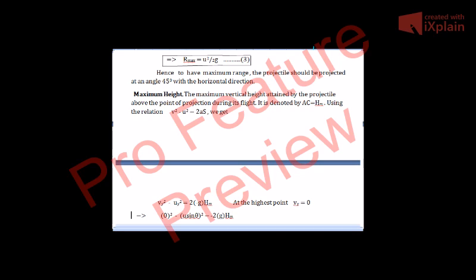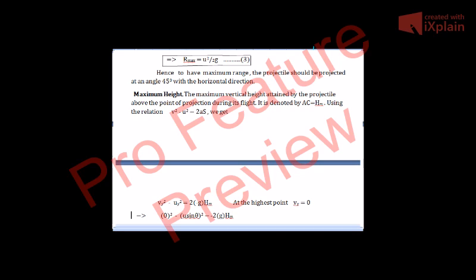So if the angle is greater than 45 degree, for example, if you throw it at an angle of 90 degree, what would you expect? It will fall at the same level of the ground, at the same point where you have thrown it. You can do it yourself at home: pick a stone and throw it vertically upward so that it makes an angle of 90 degree with the ground. Then what will you expect? It will hit the ground at the same point, so the maximum range will be 0.